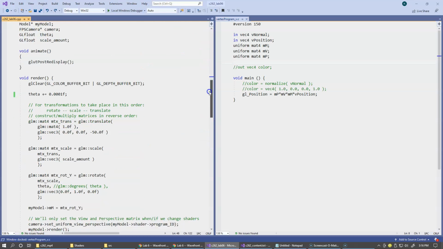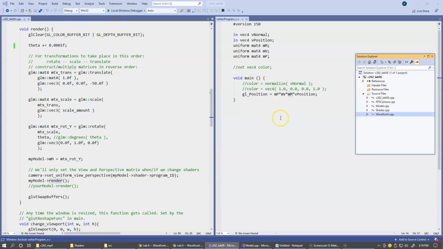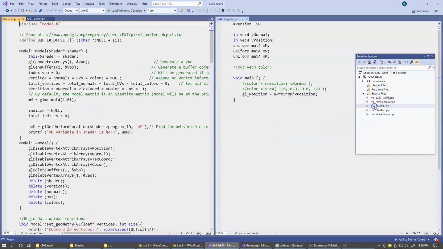And our render function prepares our modeling matrix, which is stored inside the model object for the modeling transformation. The render function gets invoked for every frame, and so we prepare our transformations. And then we call model render to do the actual drawing. So let's take a look at the model render. So in model render,